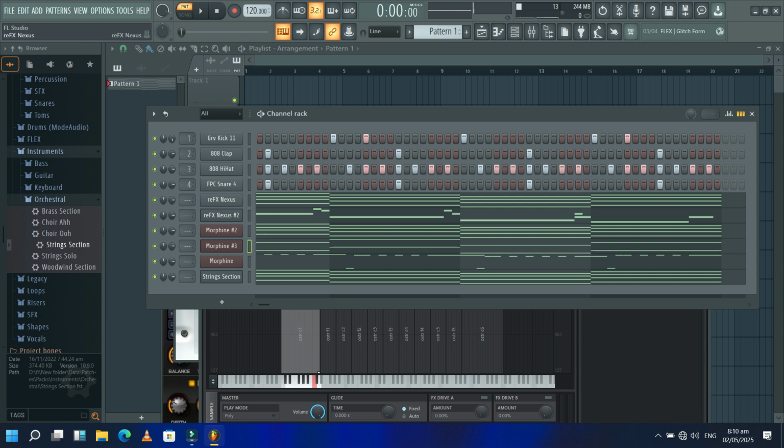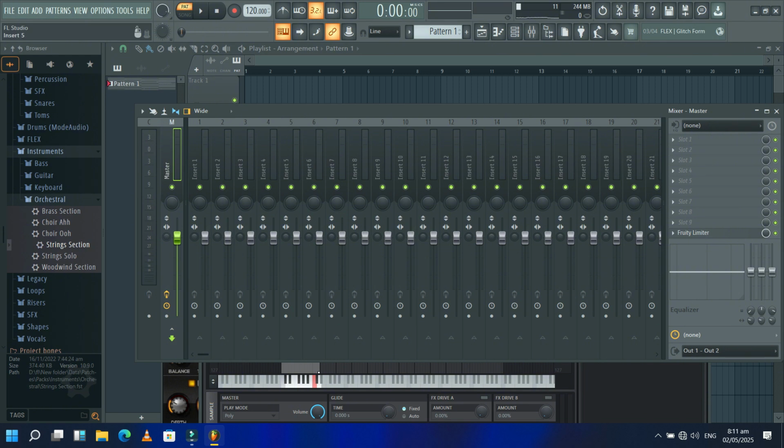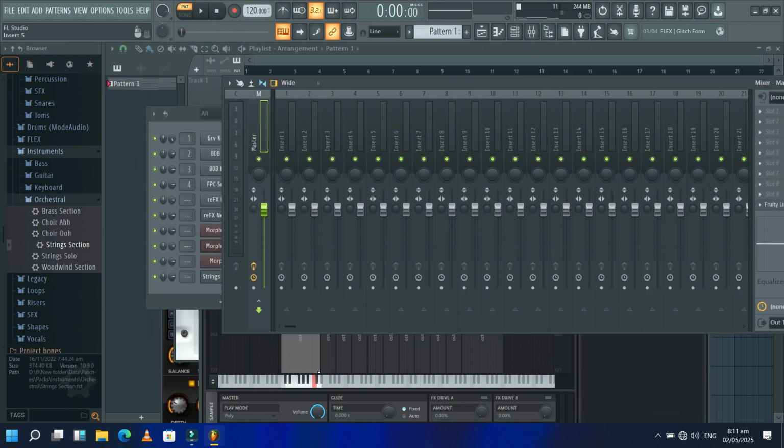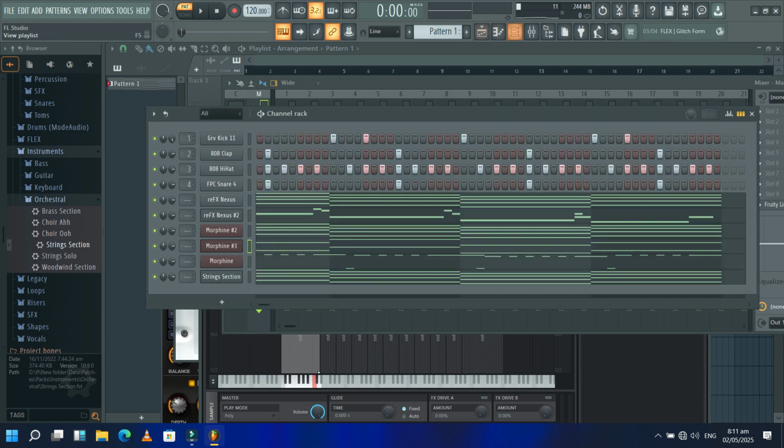So once we are convinced that everything here is okay, we can go ahead and arrange them in our playlist. But no, we need to make sure everything sounds good to our ears before we jump to our playlist. So we are going to talk about the mixer or the mixer board in FL Studio. You select the mixer board with this key right here, and then you bring everything to the mixer board like this. First, make sure